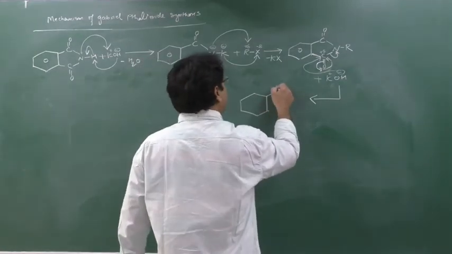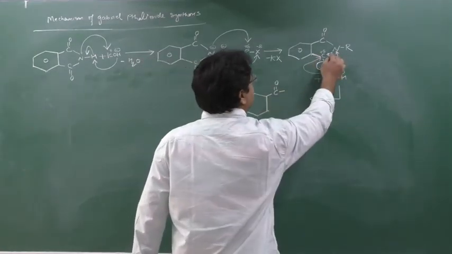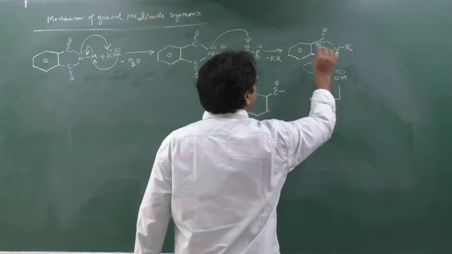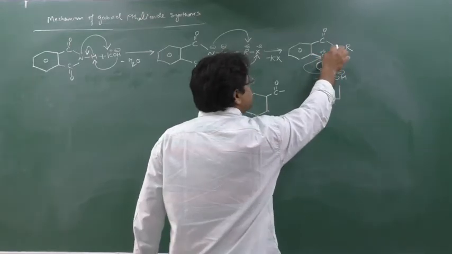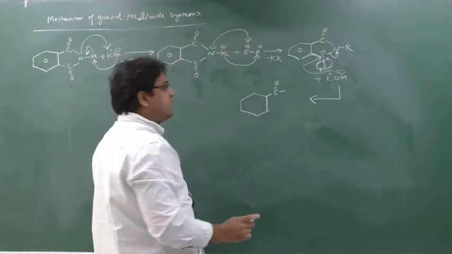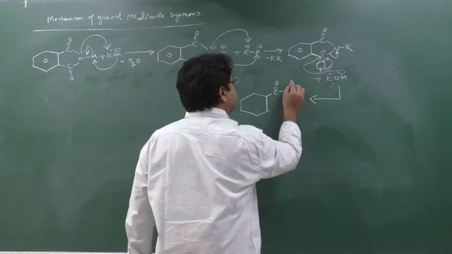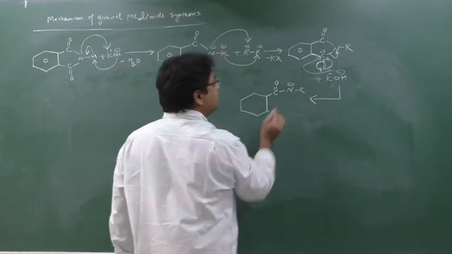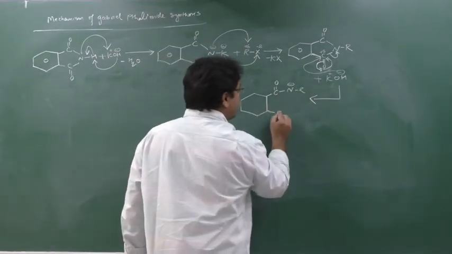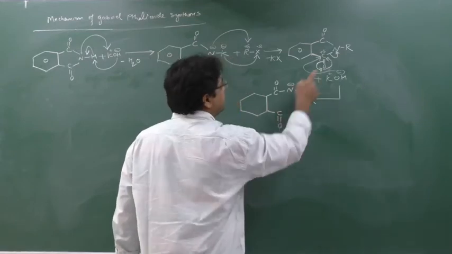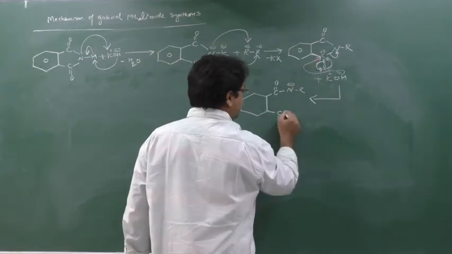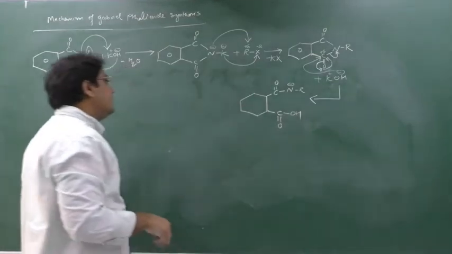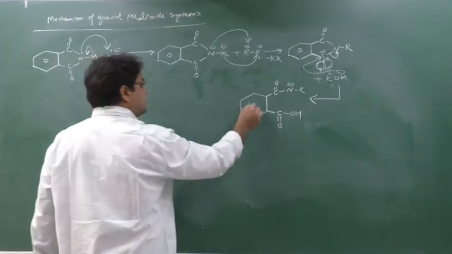Chalo, so C double bond O, and here the bond is broken. Now out of carbon and nitrogen, when the bond breaks, nitrogen is more electronegative in nature. So nitrogen will take its electrons, that is a negative charge, and will be released. The bond is broken, so it will get C double bond O, and carbon wants to make a bond with what? OH minus, so that is OH. Clear? Chalo, next.